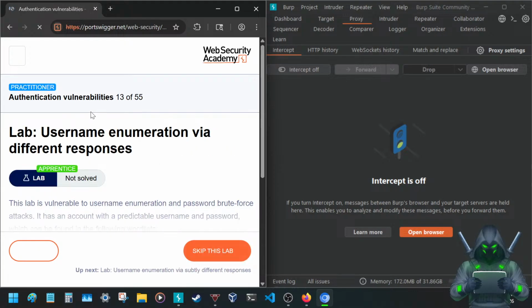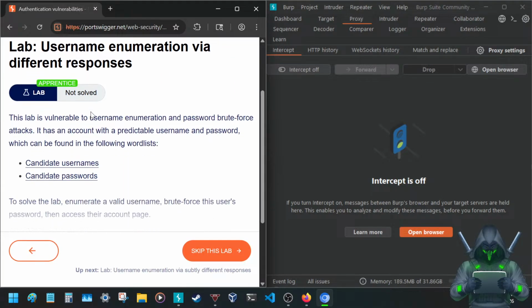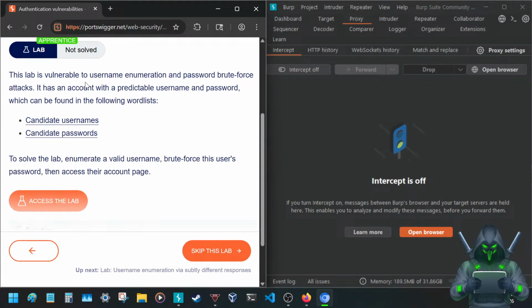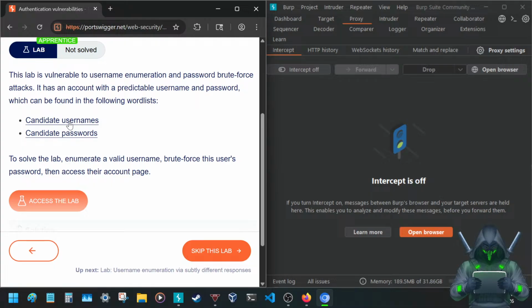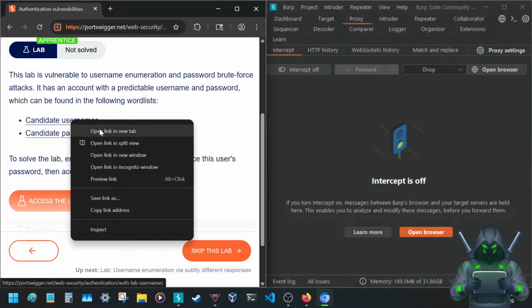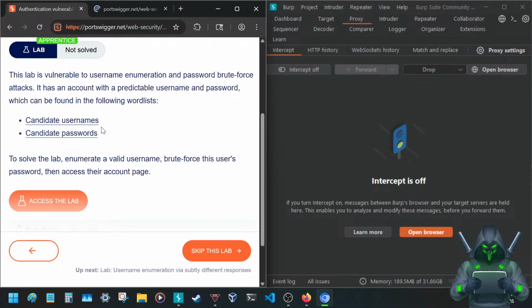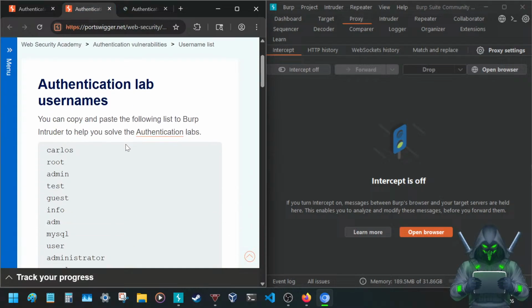Cool. We have a lab. The lab is vulnerable to username enumeration and password brute force attacks. It has an account with a predictable username and password, which can be found in the following word list. So we are going to open the link in a new tab. That's nice. It provides us with word lists, so we don't have to